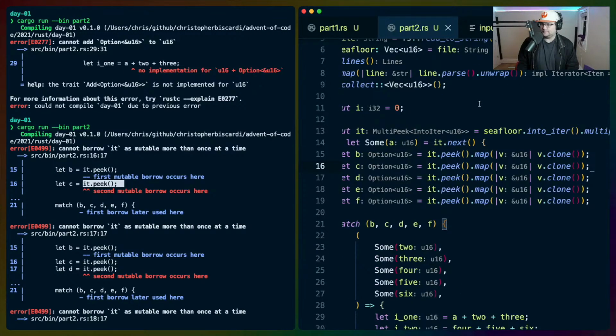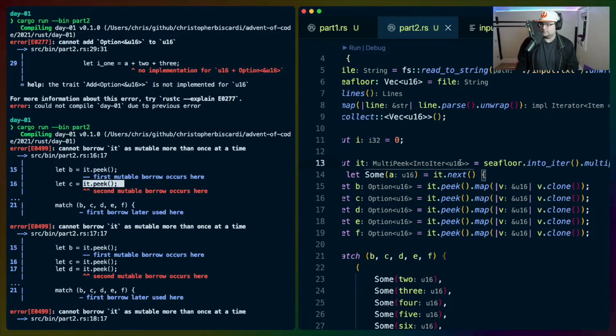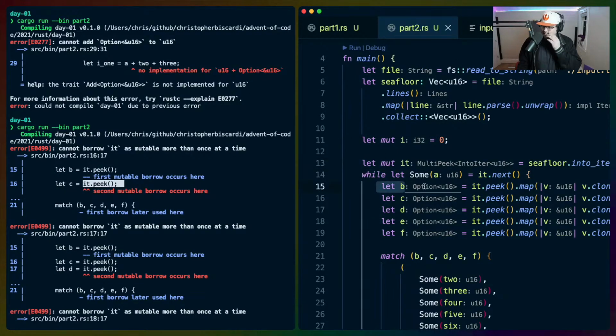There we go. We're just going to clone it. So for some reason, these references are keeping everything alive, basically because when we take the mutable reference to the iterator, we peek the iterator, which returns a reference to a data structure that's on the iterator, which means that if the option here is a reference, that keeps this mutable reference alive, because technically we're still looking at that thing.